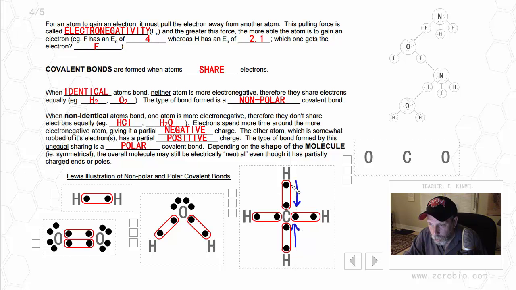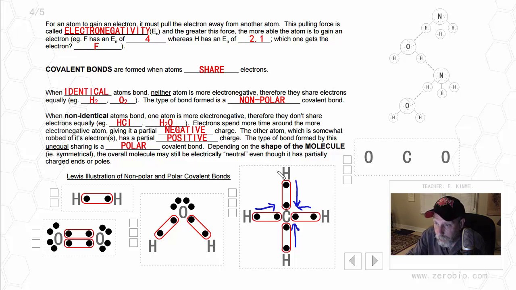These 2 poles cancel each other out, essentially. Pulls the electron this way, pulls the electron that way. Okay? All of these pulling forces essentially cancel out the net effect. All right? So you'll see what I mean in a second here. What we end up getting is